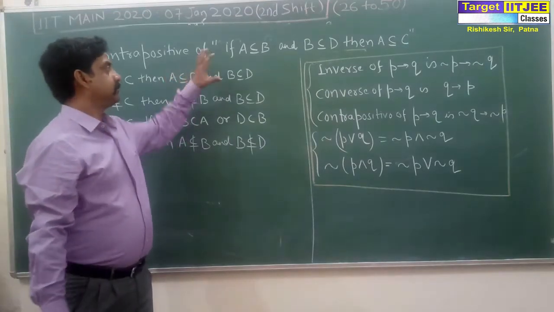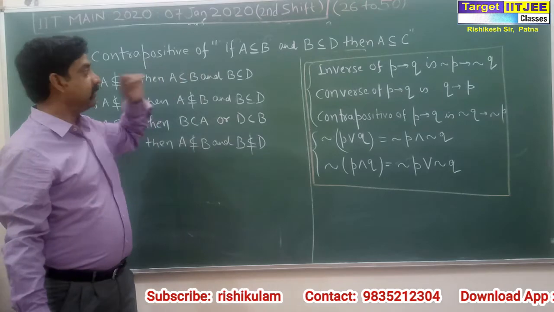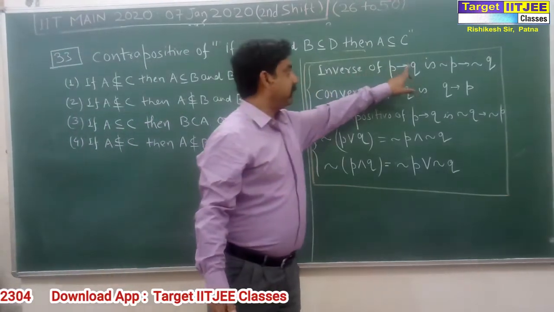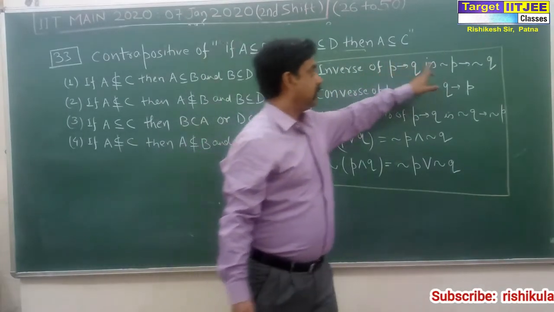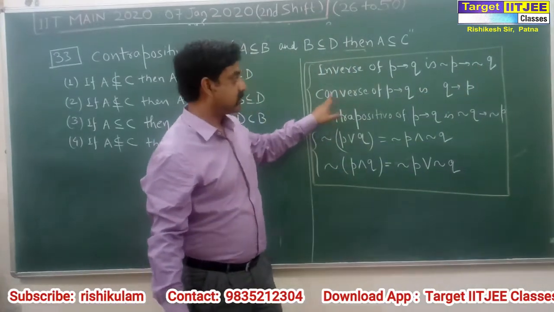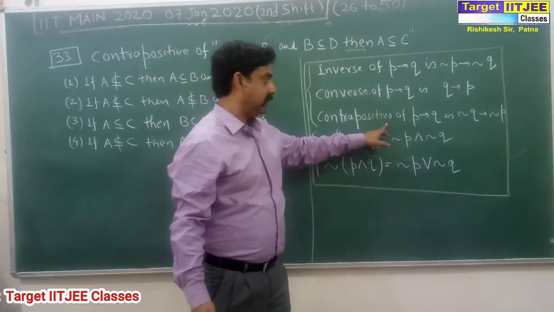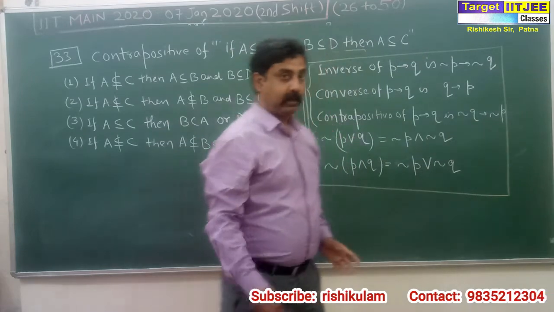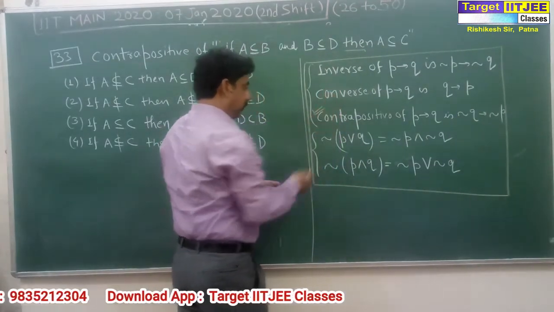The next question is on mathematical reasoning. For mathematical reasoning, we must know if P then Q. For if P then Q, the inverse is if not P then not Q. The converse is if Q then P, and the contrapositive is if not Q then not P. The question is based on this contrapositive, and we must know